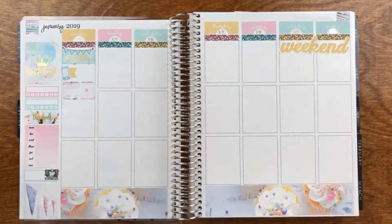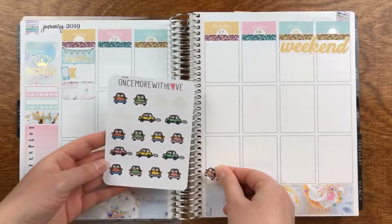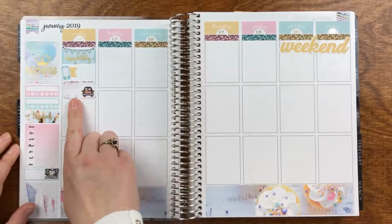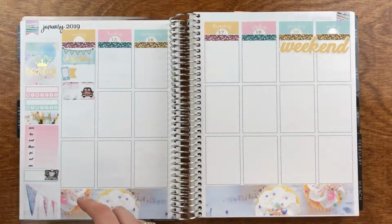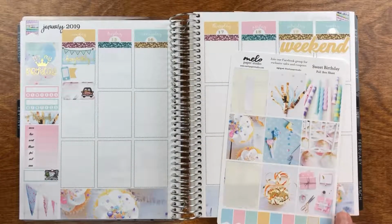Because I did have to work on my birthday, but that was fine. And then I'm going to use one of these Once More with Love munchkins in the car. And so I'll put that right there in the corner, and I can mark driving home. I really like that. And then I think I'm going to put a full box next. So for the full box for today, I think I'm going to use...